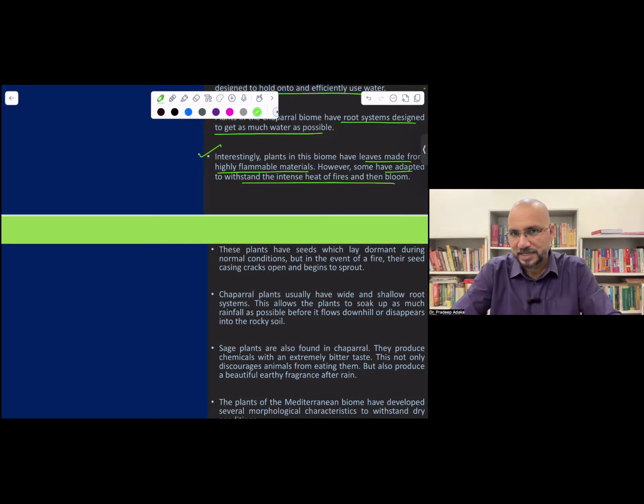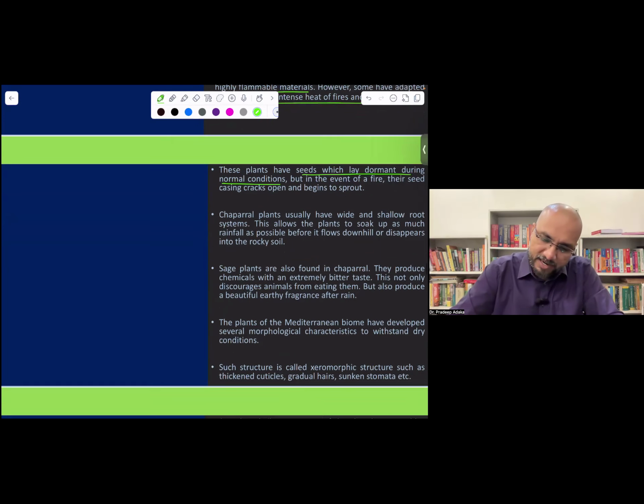The seeds are very hard and will not allow the embryo to germinate. The seed coat, or the outer covering of the seed, has to be broken. Intense heat from the fire helps to break the dormancy, and the seed will germinate after the fire. So these plants have seeds that lay dormant under normal conditions, but after the fire, the seed's outer coating will burn and break,